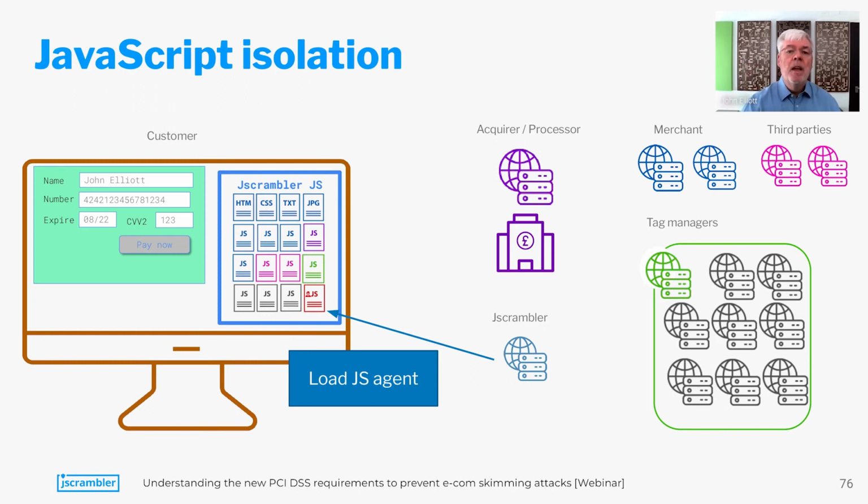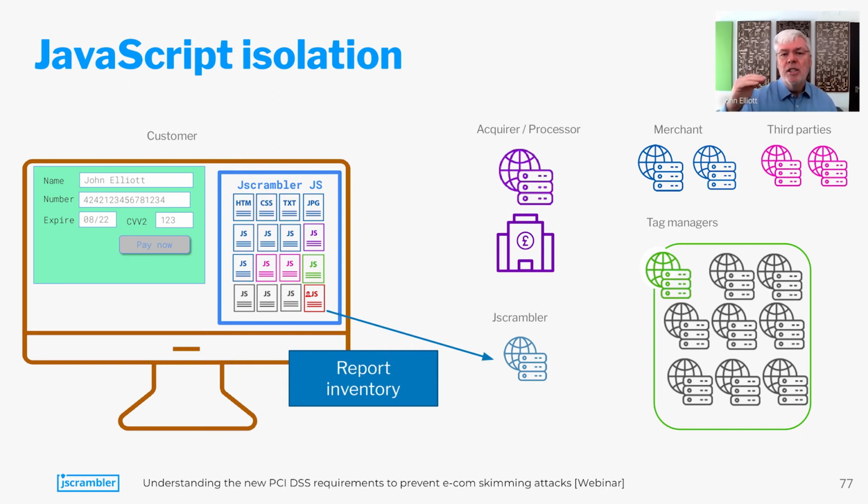several years. What web page integrity does is it effectively intercepts every single other JavaScript call made in the browser. So effectively, you can think of it as a software sandbox. From now on, when any other JavaScript does anything, it does it through the Jscrambler web page integrity agent. First of all then,